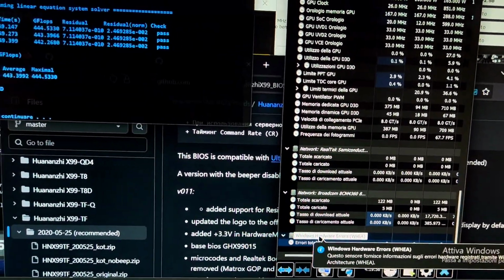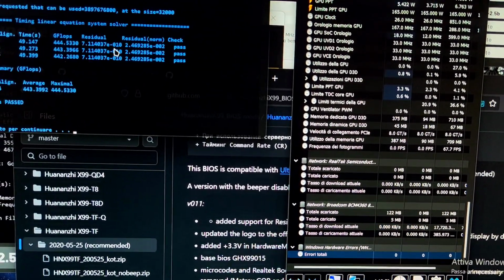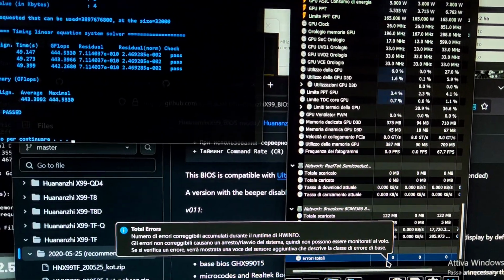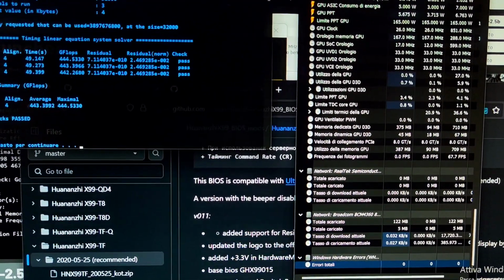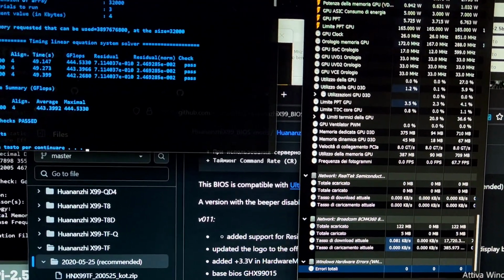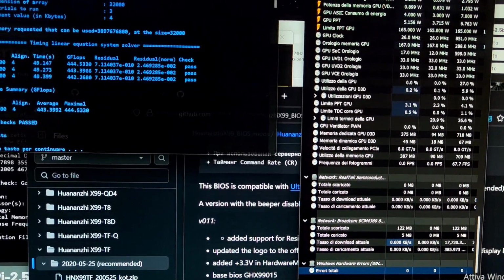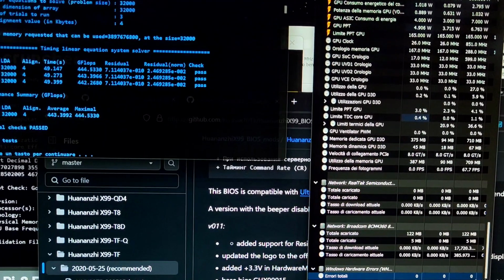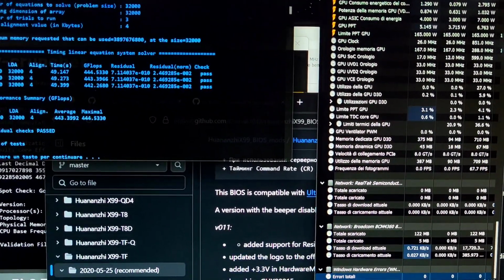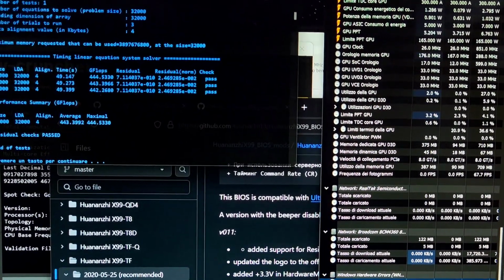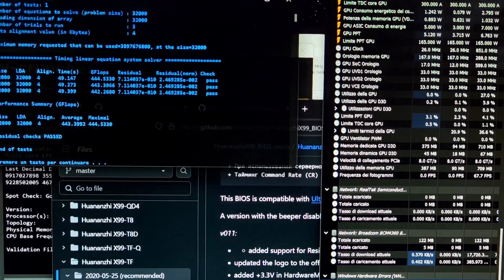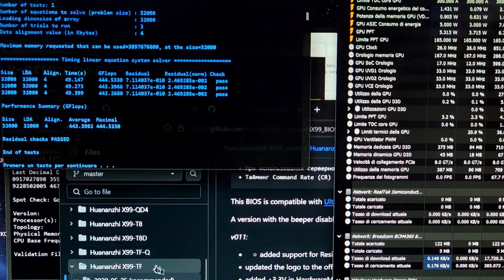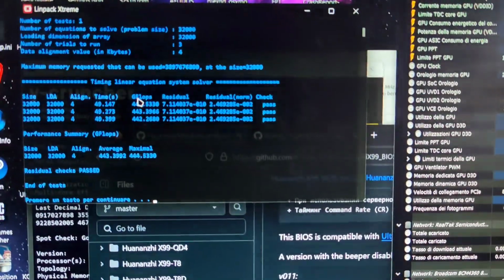And this is super useful because if you have error correction enabled, but you don't see the errors in the hardware info app, you don't see the errors anywhere, they're not reported. It is much harder to understand whether your RAM is not stable because the errors will be hidden. You will have some drop in performance because when you hit error correction, you have a huge hit in performance. But if you don't see that, you actually have to look for it in the scores of the test, the